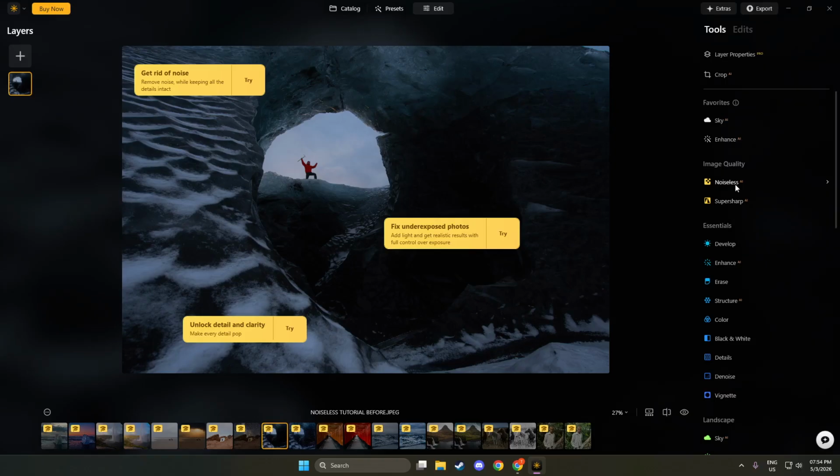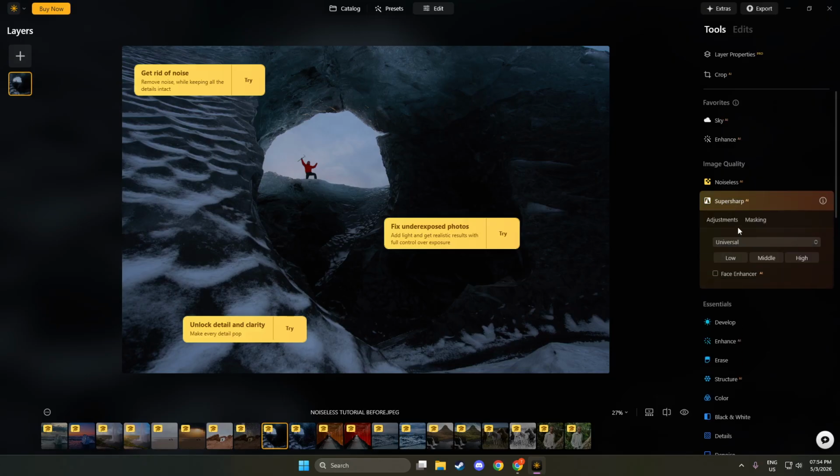Depending on your layout or version, look under a section called Image Quality or Essentials. In there, look for either Details or Sharpen. This is where sharpening happens and is designed to be straightforward, so you can focus on what you see rather than on complicated settings.